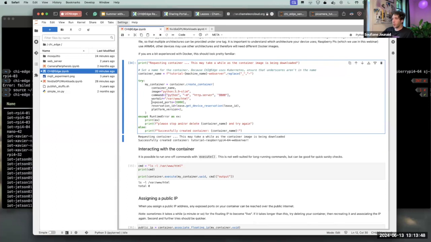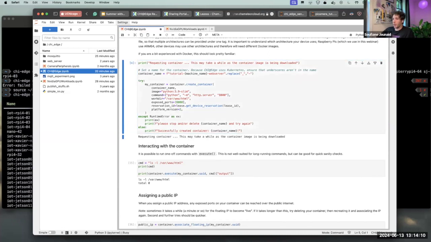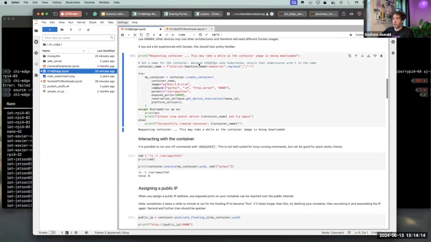Some other things to note here, we open port 8000 for accessing the actual HTTP server. And then most importantly, we pass in a reservation ID, which means that we give it a link to our lease, essentially. So this is the ID to our device. After running this, which I can start running right now, it'll start requesting a container